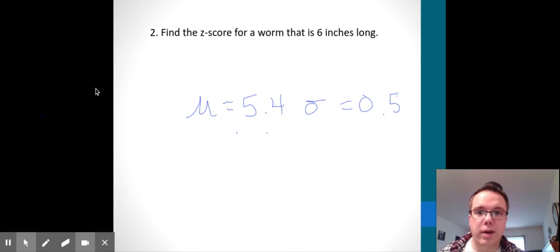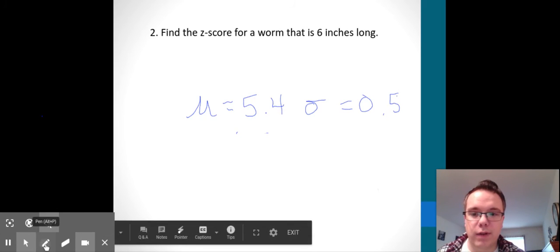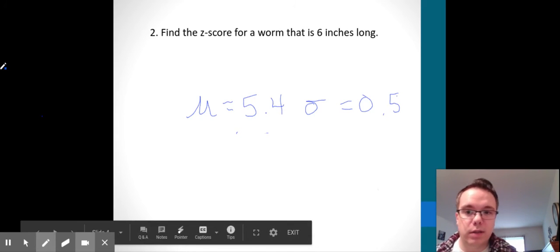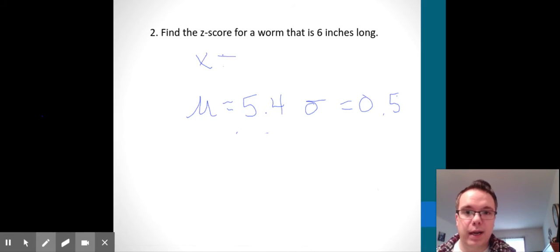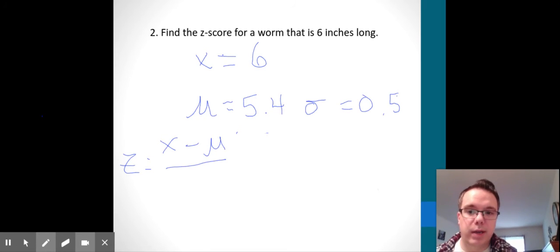All right, our second part was to find the z-score for a worm that is 6 inches long. I kept the mean and the standard deviation from before. So again, we are just going to find our z-score. This time, our x is 6. To find our z-score, we're again going to take our x minus our mu, divided by our standard deviation. So in this case, that means